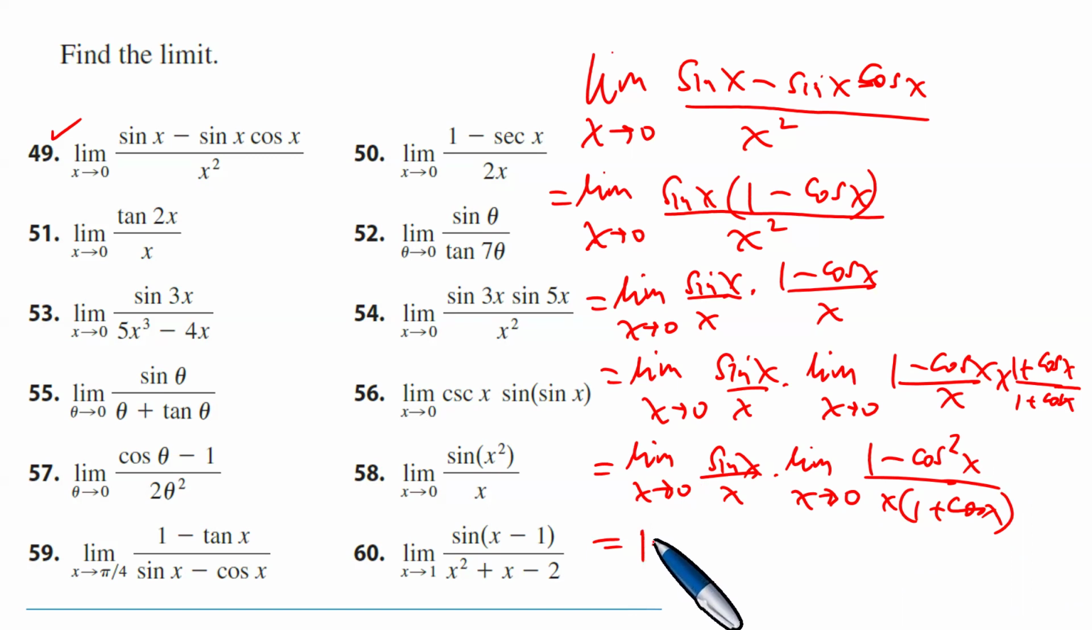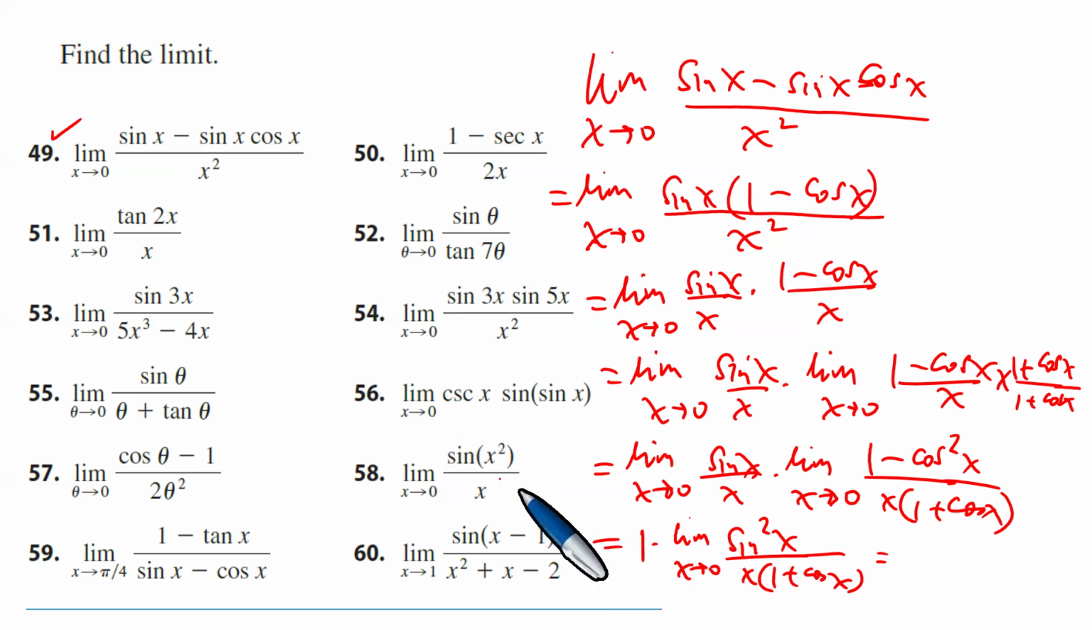And this one is 1 times, okay, because this limit of sine x over x is 1. And then you have the limit as x approaches 0 of 1 minus cosine squared, which is actually sine squared x divided by x times 1 plus cosine x. As x approaches 0, what are we able to achieve at this point exactly? So we actually have exactly this part of the question. And we can take this one to somewhere here, in which case you have 1 times the limit